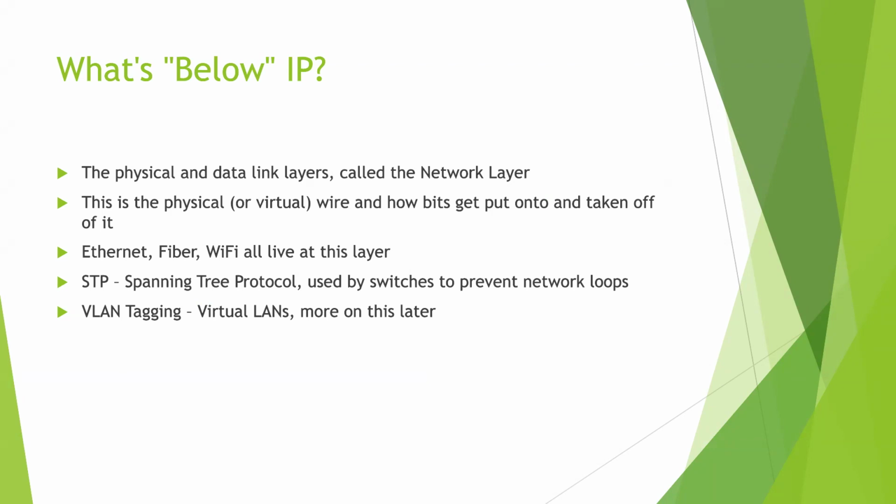What spanning tree protocol does is, remember we were talking about the concept of a hub and how it looks like one long single wire logically, and how a repeater looks like two separate wires with a little box in between, but this is happening at the layer 2 level. Switches operate at this layer 2 level, so they only work with the MAC address, the Ethernet part of the packet.